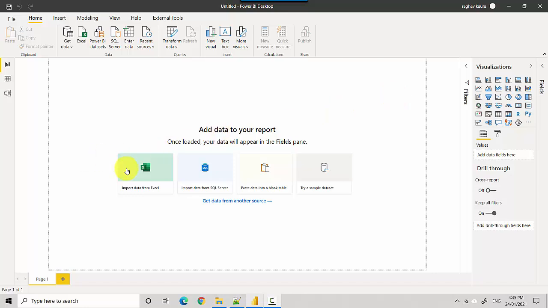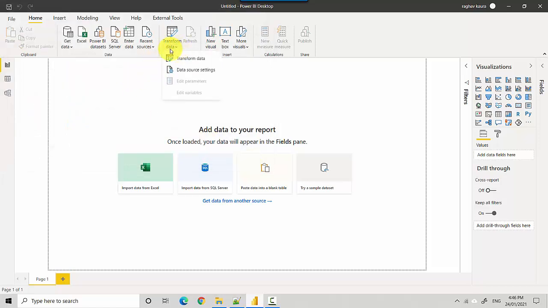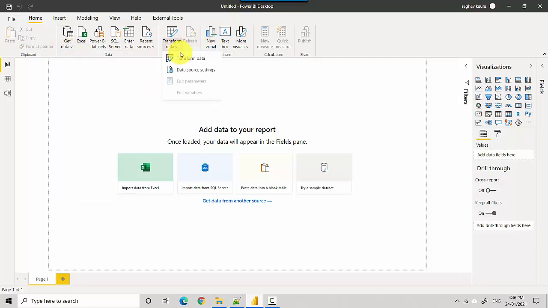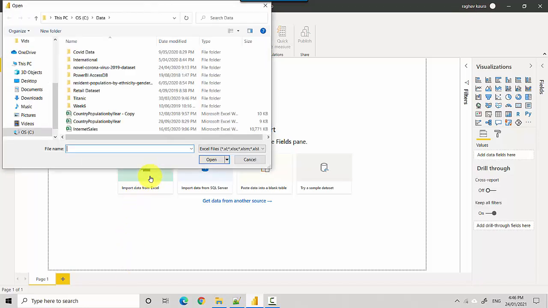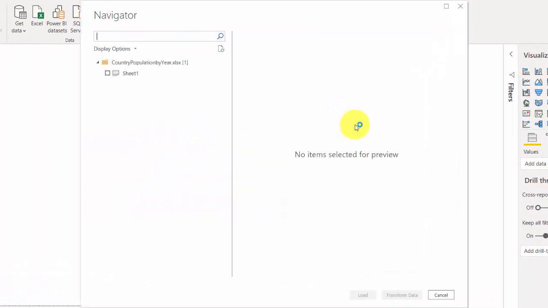So let's start. I'm on the basic front page and it says import data. So I'll just hit on that, and it will open the editor for me. There are multiple ways I can access this. I can also go here to Get Data, and then point it to the source, or I can access it via Transform Data, the Power Query editor. But for now, let's just go with this. I'll click that, and then I'll just select country population by year. It shows the population for different countries by year. So we'll just wait for this file to open in the Power Query editor.